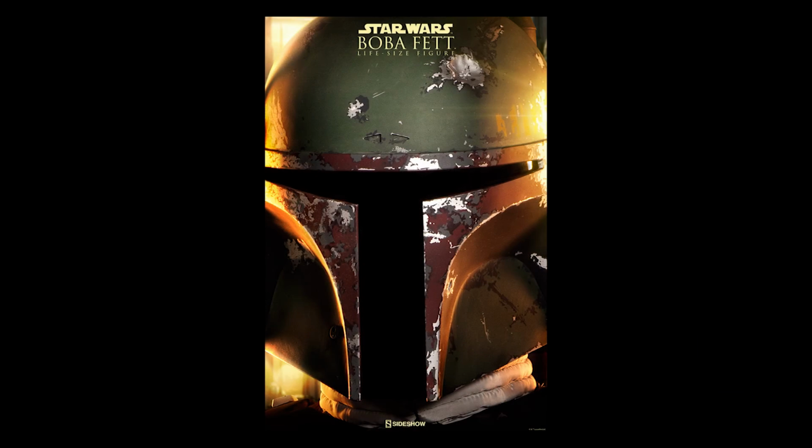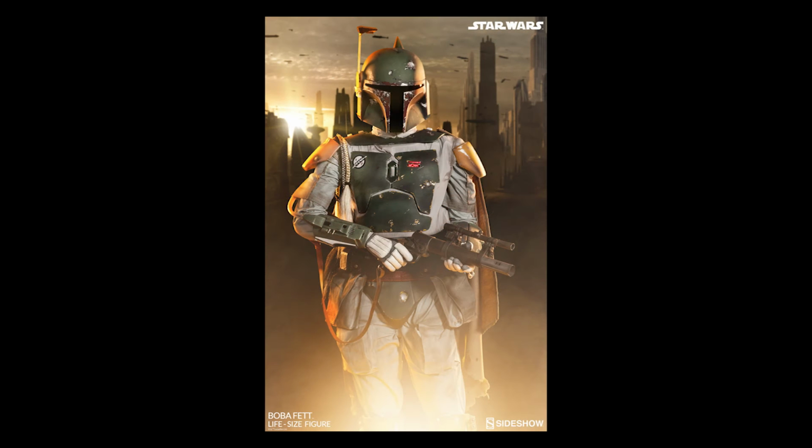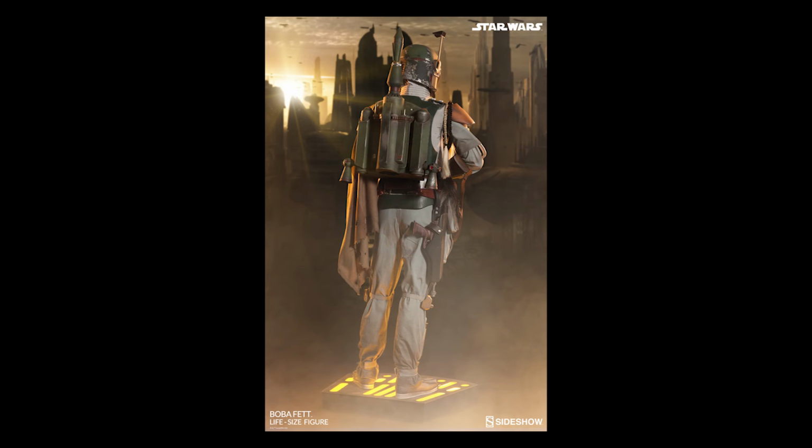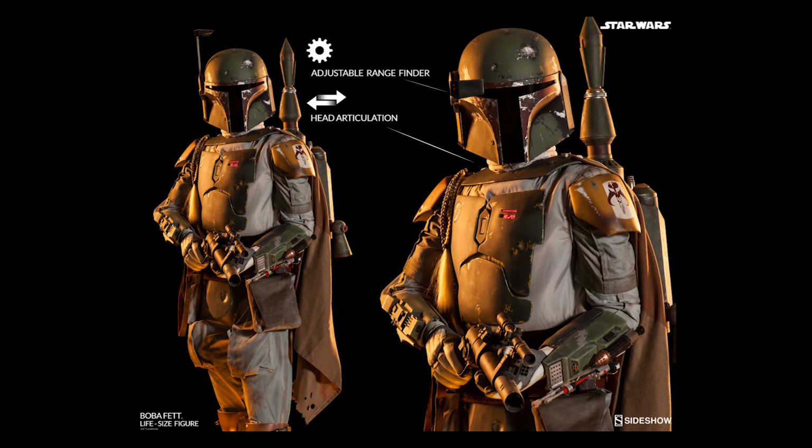Yeah. And this one is the Boba Fett life-size figure from Sideshow Collectibles. It says, created in collaboration with a talented prop replica specialist at Tom Spina Designs, this magnificent 6.5 foot tall replica is so realistic, you'd swear he jumped right off the Slave I. So this life-size Boba Fett figure is available for pre-order. Yeah, it's really expensive. You wanna put this on your credit card or something? Do you have a credit card that big? Because he is priced at